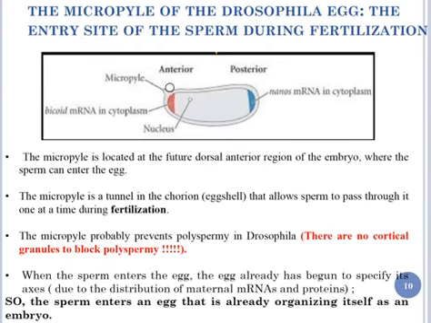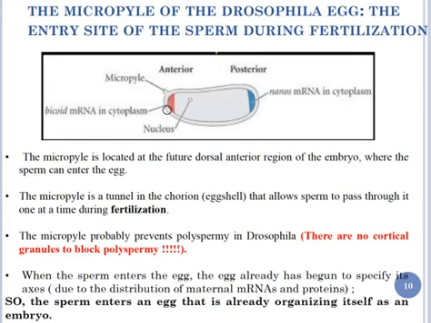So the micropyle, as I mentioned before, is the site of sperm entry during the fertilization of the Drosophila egg. This micropyle is located at the dorsal side, this is the dorsal side, this is the ventral side, this is the anterior, the posterior. So the micropyle is located at the dorsal anterior side of the Drosophila embryo, where the sperm will penetrate. The micropyle is a very small tunnel